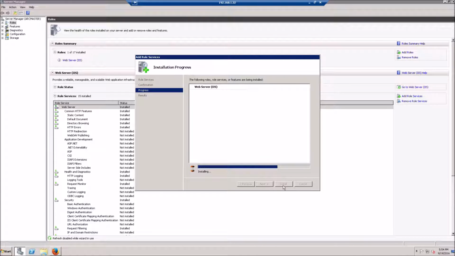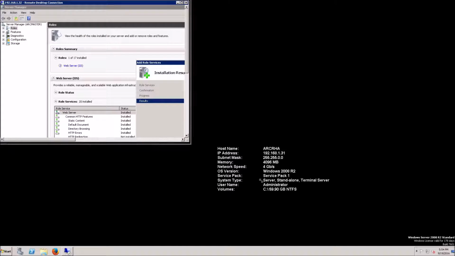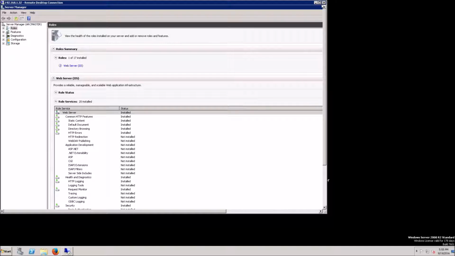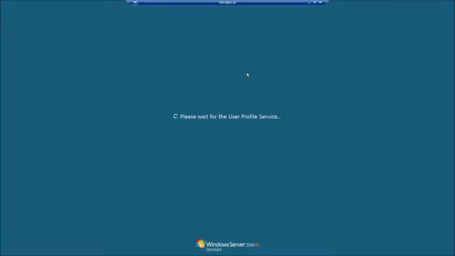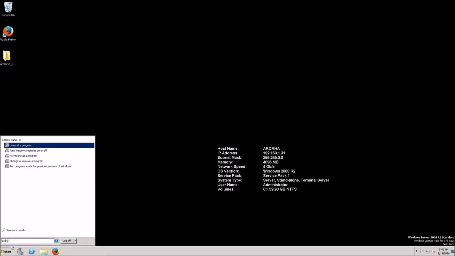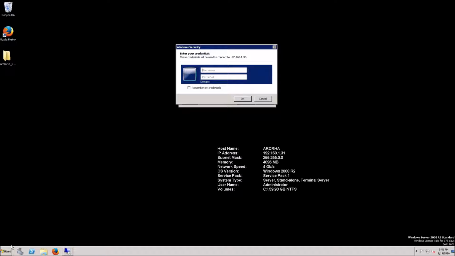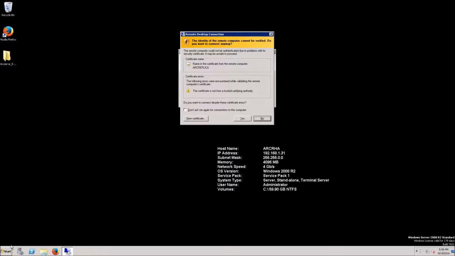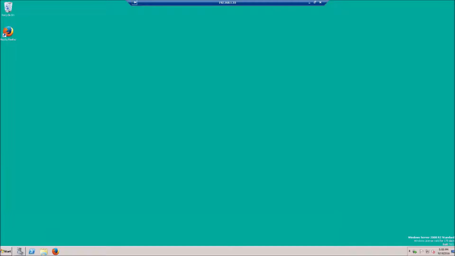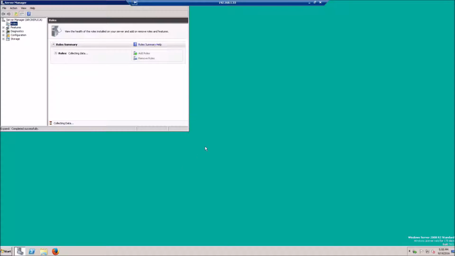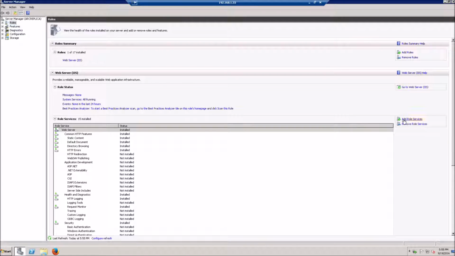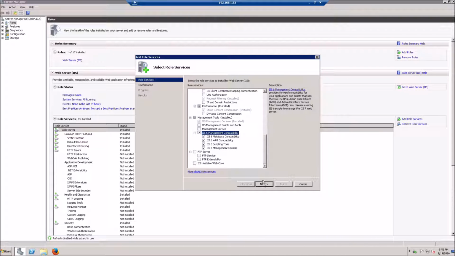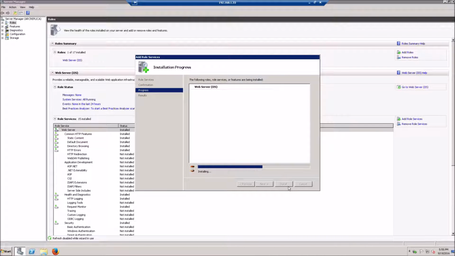Just so you guys can identify where I'm working, I've got my console server colored black at the background. Got my master server, which is going to be my production main server, colored blue, and then I've got my replica server green. So I'm going to log in now to my replica server with my admin credentials and do the same setup. Just go to the roles and add the IIS compatibility role, and similarly just bring that to a conclusion